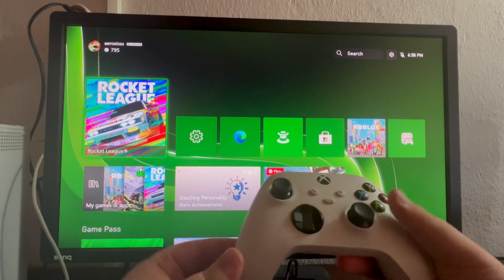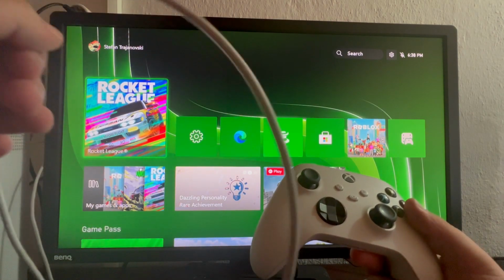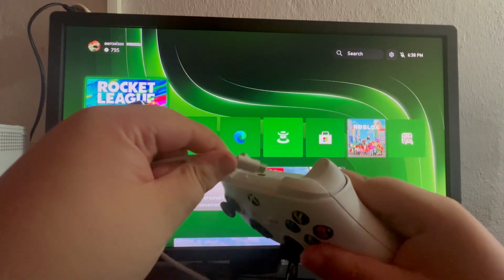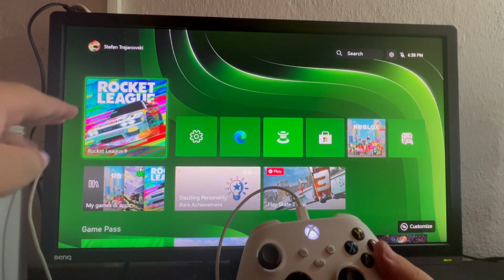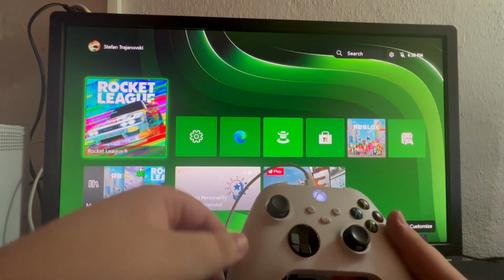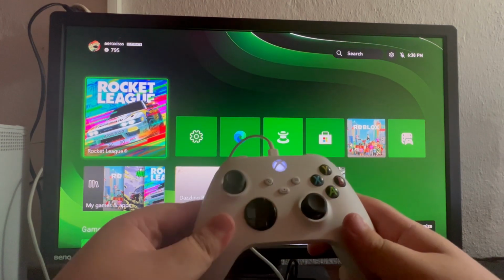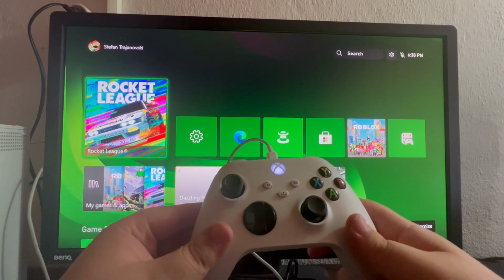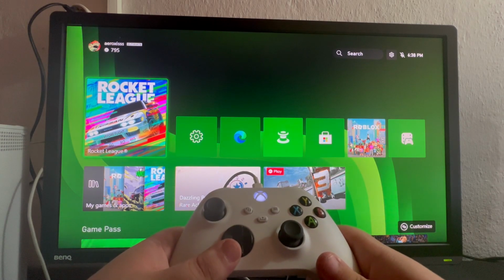It involves you getting your cable for your controller that came alongside your Xbox. Take the USB-C part and plug it at the top of your controller. Then take the USB part and plug it into your console right here. After you have connected it, try to update the software of your controller. Updating the software of your controller is really important for Xbox controllers, as it allows them to work seamlessly whenever